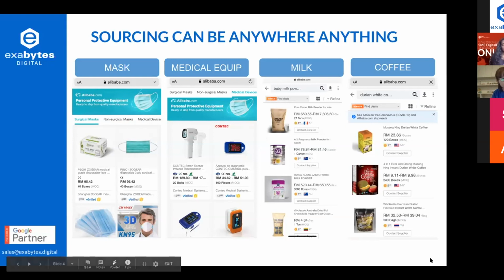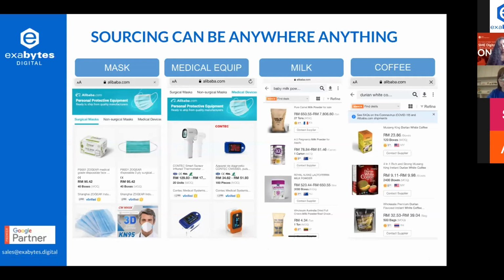So you can see here, you can do sourcing anywhere. For example, I show here from mass manufacturers, medical equipment, even coffee. Traditional trade is now transforming to be more creative. You can use online to do the sourcing.